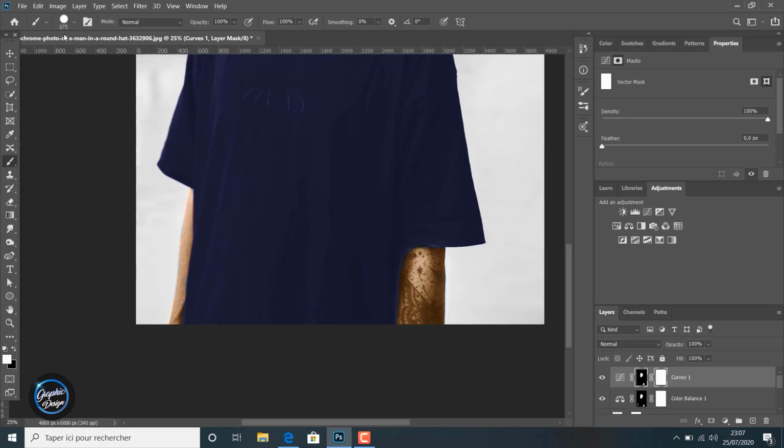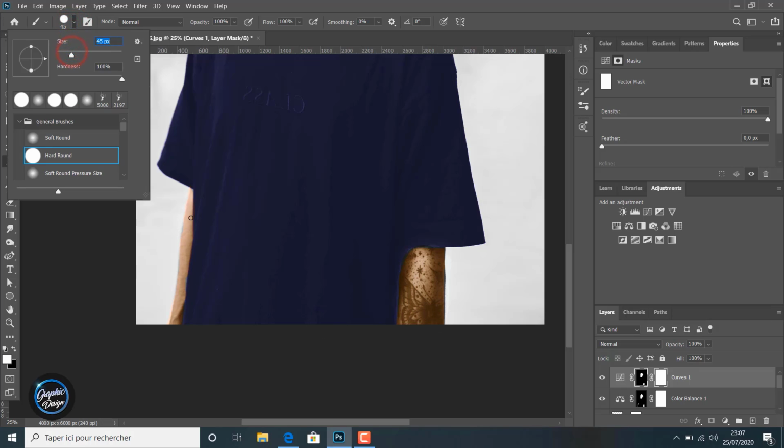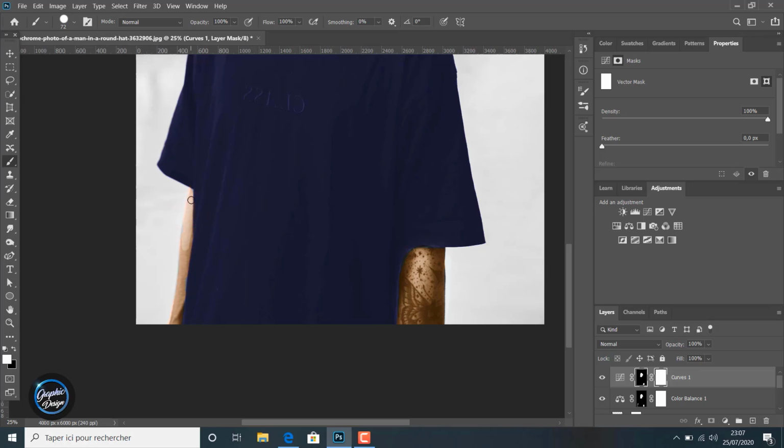Have to be careful to use the layer mask. We will have to make the brush tool very small to cover this hand here. So we use the brush tool,